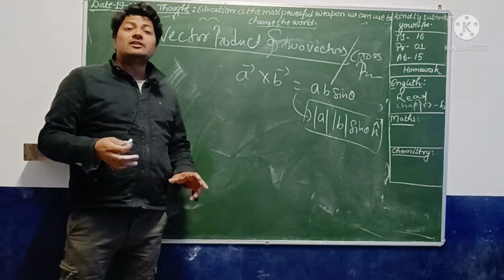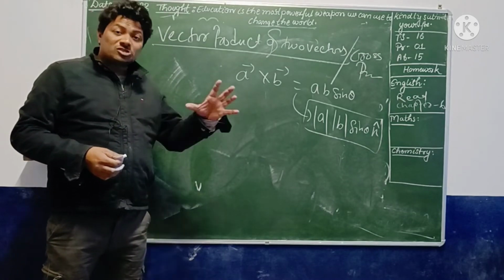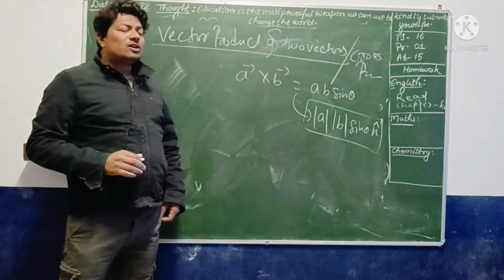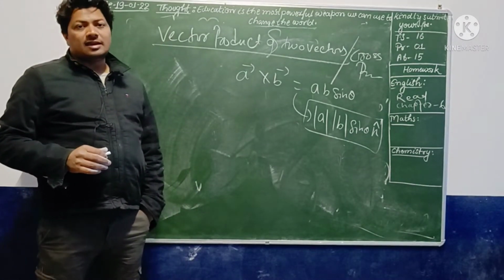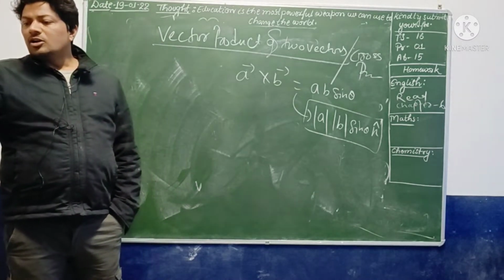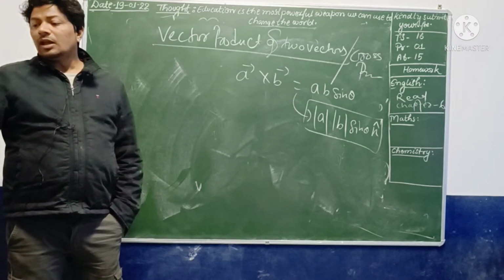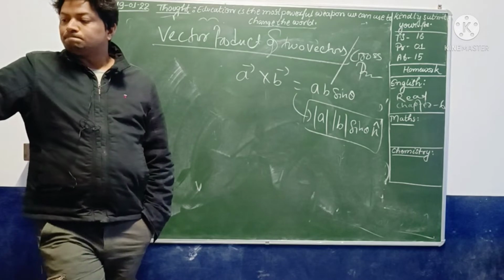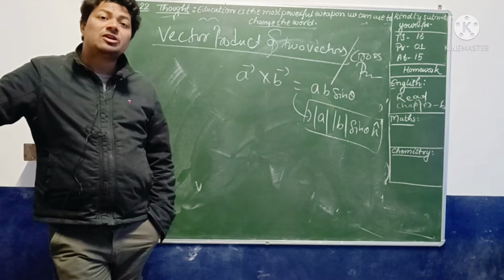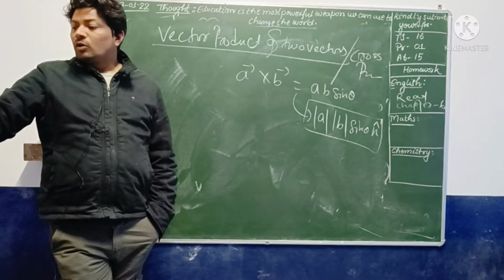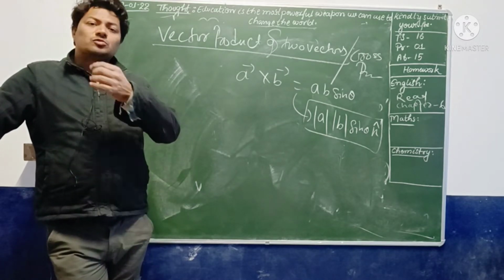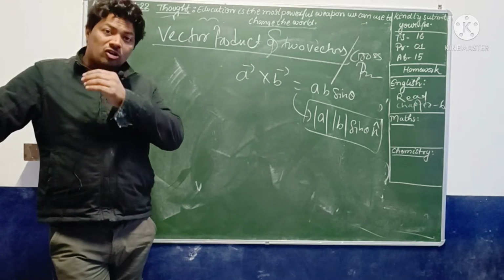In physics also it was completed how the sine theta is coming and cos theta is coming there. I told you in the mechanics also. So A cross B is equal to AB sine theta, that one is modulus A modulus B sine theta. Is it clear? Now what we will do? If you can go for the vector definition, how the vector A cross B and B cross A relate, clear? What you are actually getting is whether A cross B is equal to B cross A or not, we have to prove.